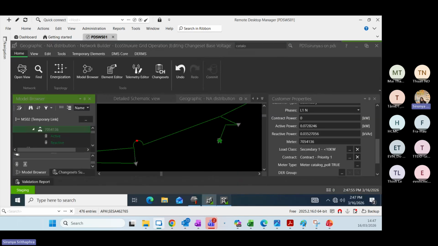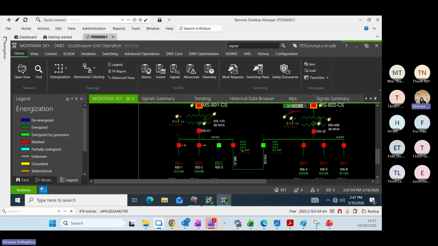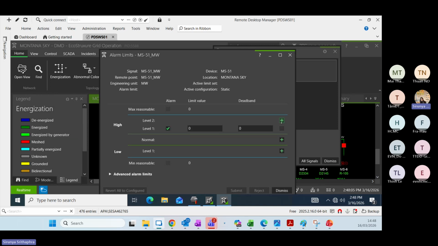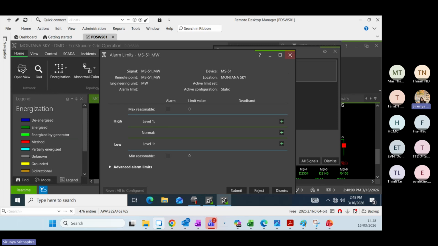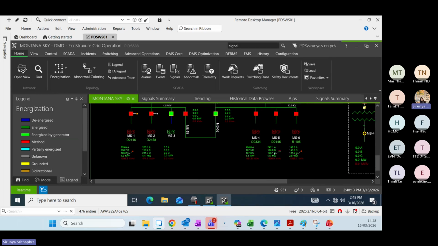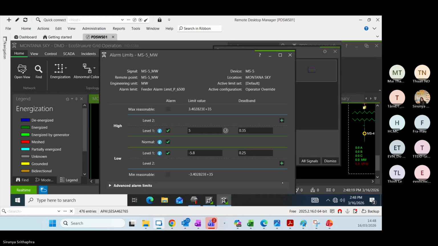Go to that one. Yeah, and I think go to any megawatt. I think just that one is zero, but we can define different limits. This one doesn't have, can you go, for example, to this one? Just go for this one, yeah. Yeah, we have for high and for